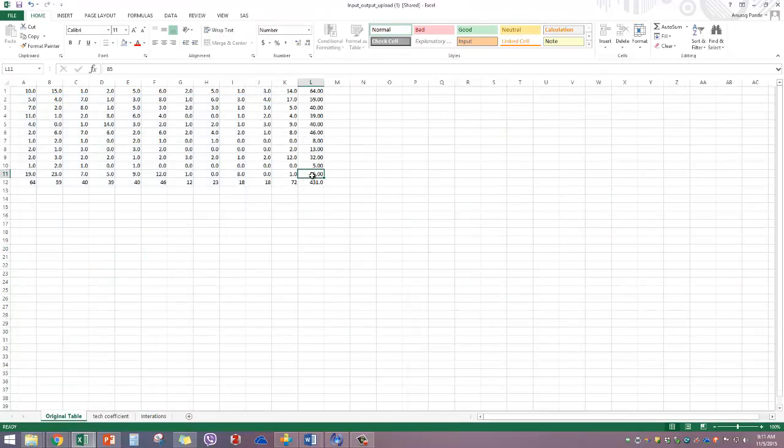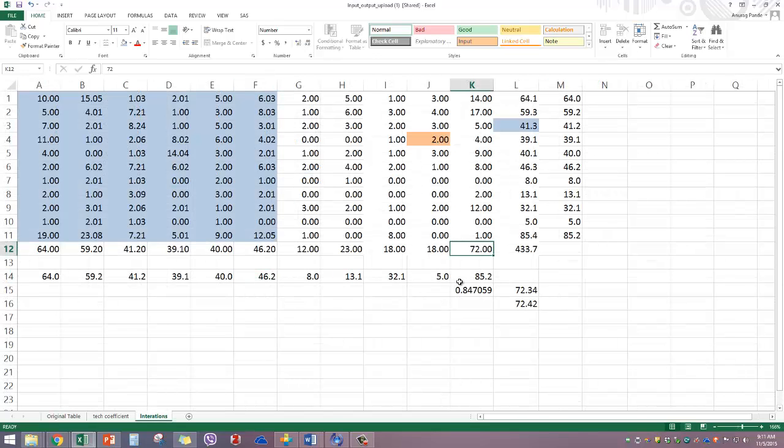household's output was 85 and their outlays were 72. So their output was 85 and their outlays were 72. Okay, so I'm going to use that same ratio, 72 over 85, based on their new output. So you see here that the household's output has increased now to 85.2. So I want to change the outlays for the household based on that original ratio, which was 72 over 85. So I'm going to do 72 over 85, which is set up here, multiplied by